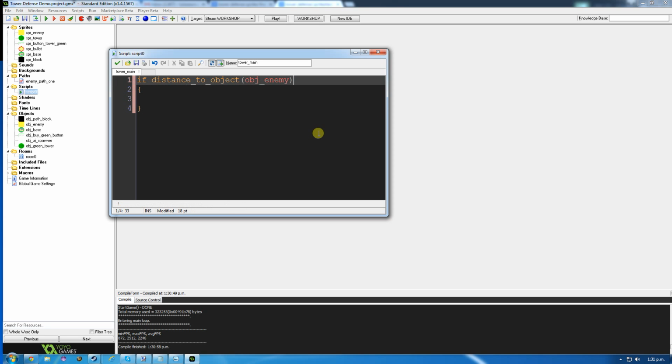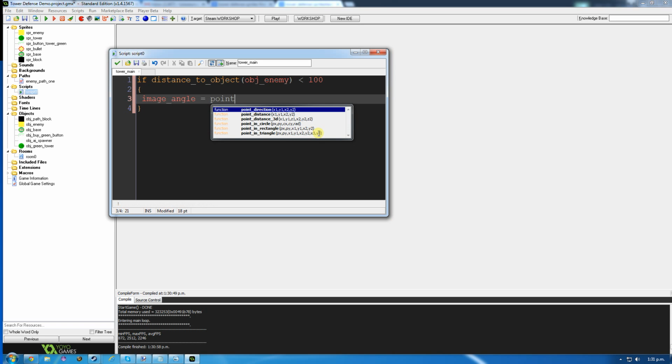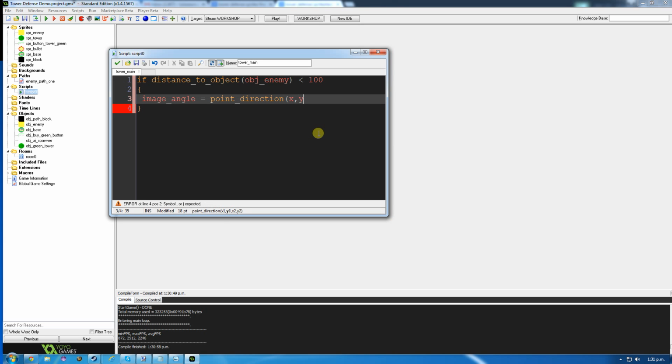And if distance to object enemy is less than 100, image angle equals point direction x, y, that's the xy position of that,